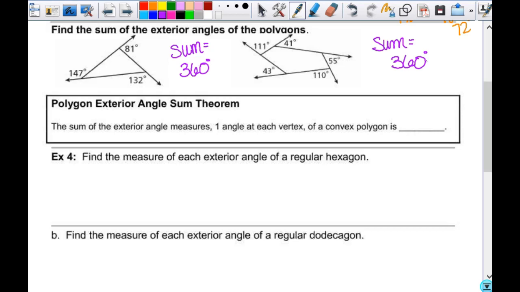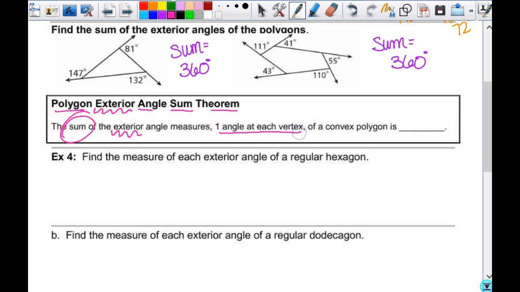But for the interior, the degrees change. The sum of the interior angles totally changes. For the exterior, it's 360 no matter what type of polygon it is. If it's a 25-gon, the sum of the exterior angles is 360 degrees, for every single one of them. There's not a little equation like n minus 2 times 180. It just is 360. So your polygon exterior angle sum theorem says the sum of the exterior angle measures,